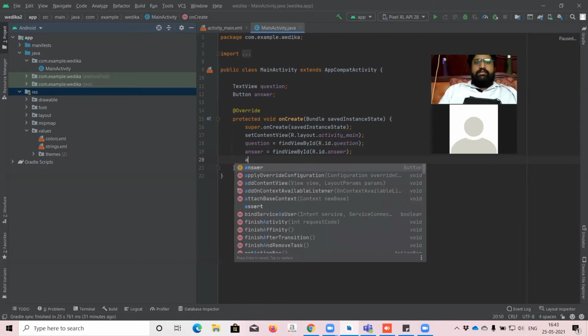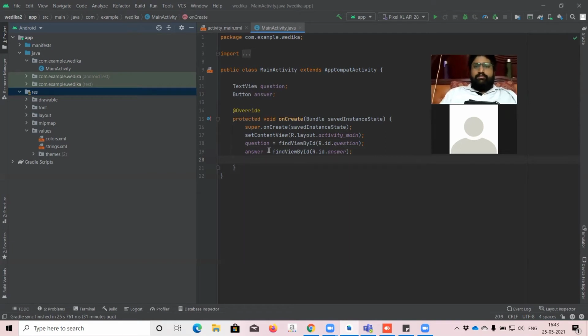As of now, every basic piece of information is mentioned. We have named a text view, we have named a button view, and we found the ID for the button view as well as for the text view. So now while selecting the button, it has to show the answer, right? So now the coding starts for that. While clicking the button, it has to show the answer. That is the next task. So let's see how it works.